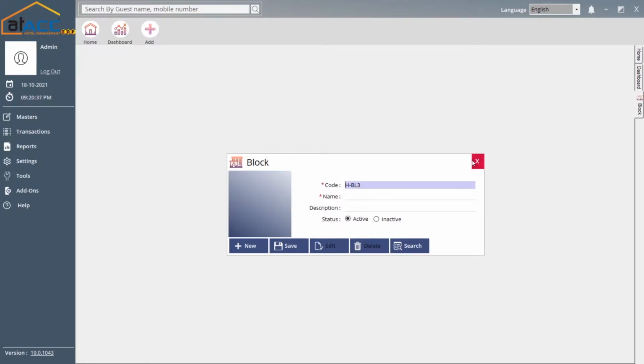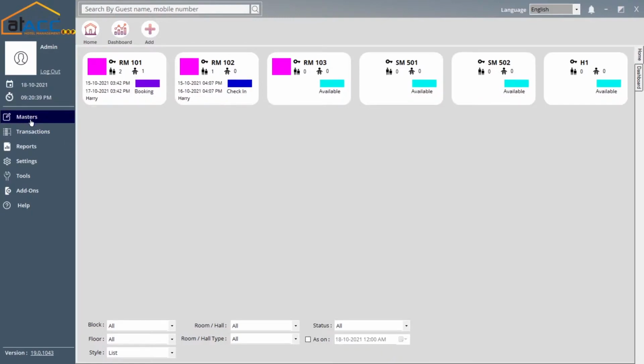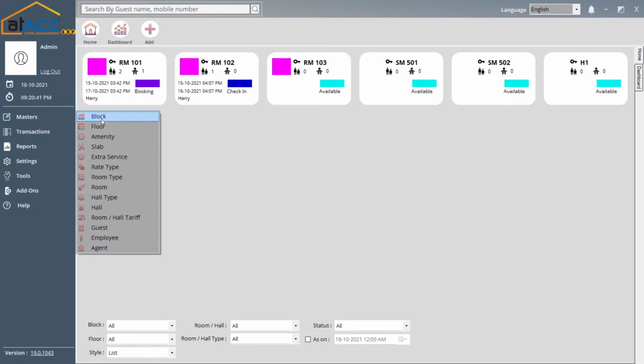So you have added a block for this hotel, and if you have multiple blocks, then you can enter them over there. And then